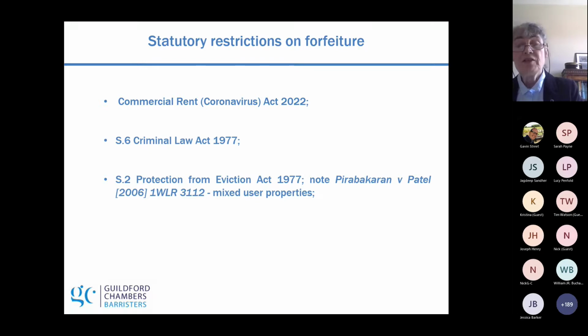Now, although the Section 82 moratorium has ended, this does not mean that landlords can now forfeit for non-payment of commercial arrears accrued during the pandemic period. The 2022 Act, which came into force on the 24th of March 2022, ring-fences protected rent debt. This means rent, service charges, interest and VAT due under a Part 2 1954 Act tenancy, provided the whole or part of the business was required to close and the arrears are attributable to the protected period.